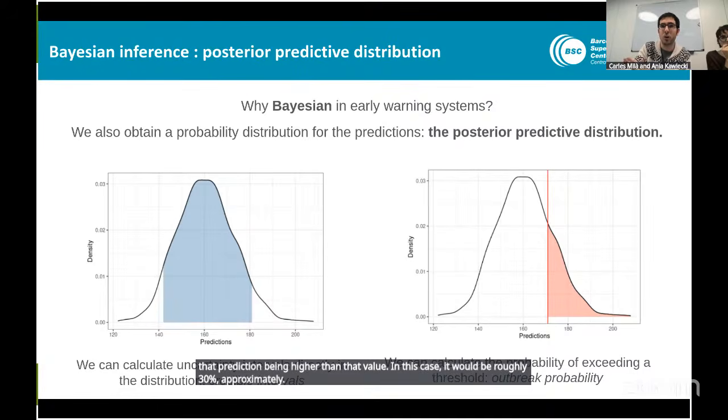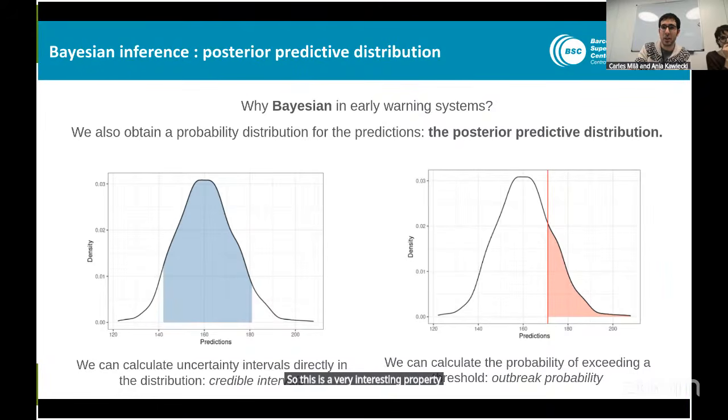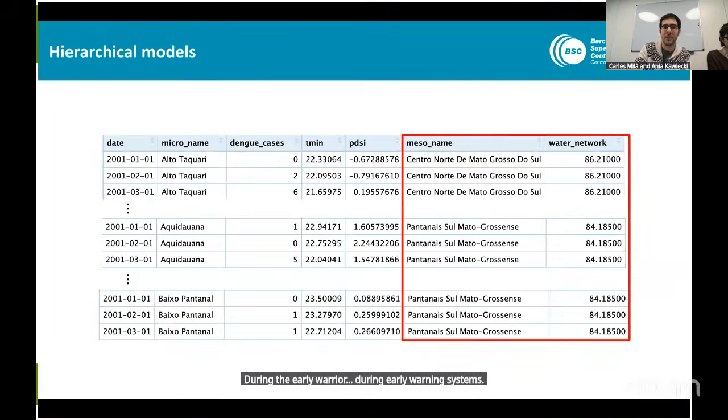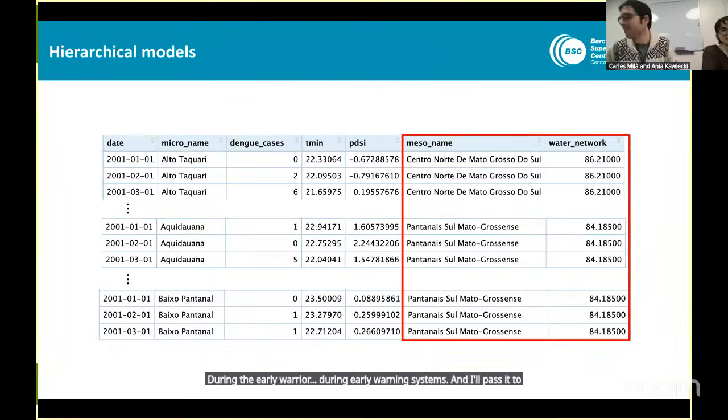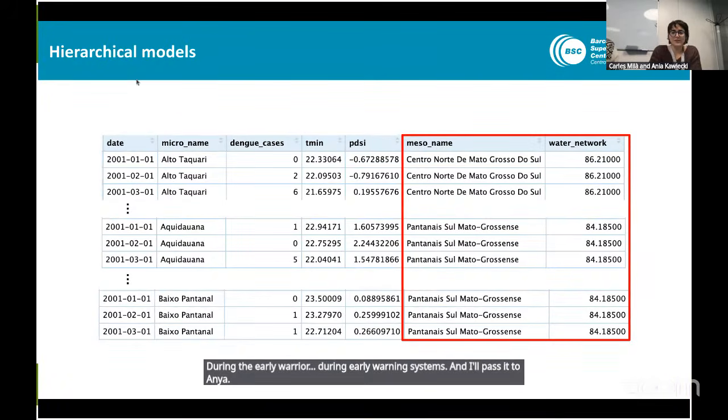So this is a very interesting property that we will see in action during the early warning systems. And now I pass it to Anya. Okay, so